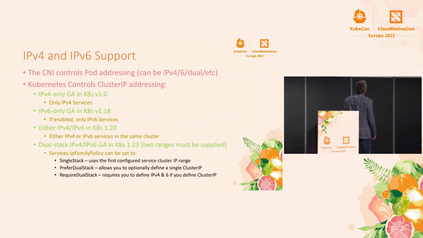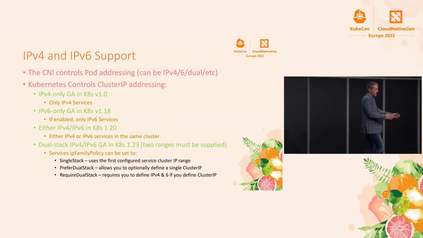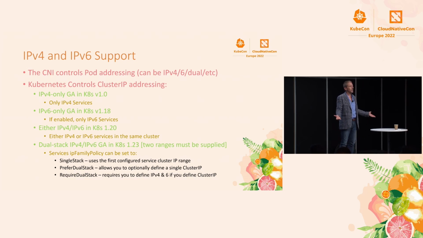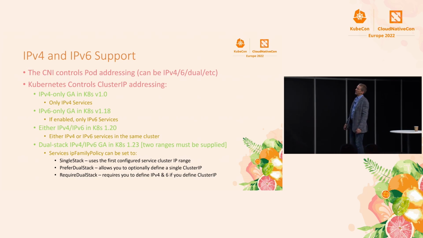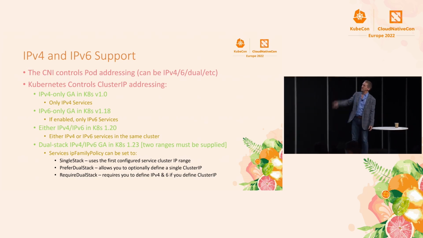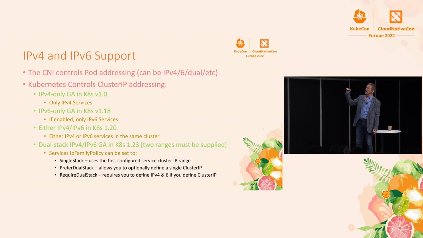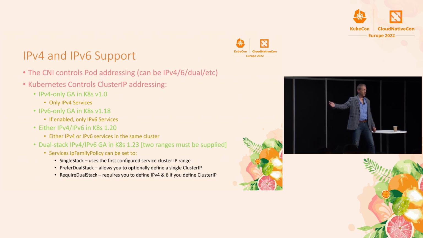And another interesting thing is the support for IPv4 and IPv6. We're doing everything in IPv4 for no reason. It's just what happens by default, right? This is the way things work by default. But out there on the internet, IPv6 continues to gain steam. A lot of companies, especially telcos, are IPv6 internally everywhere. And so there's a good momentum towards IPv6. In Kubernetes 1.0, it was IPv4. That was the end of the story. Next, IPv6 only went GA in 1.18, right? That was a long time later. And you had one or the other, right? No, not both. You could pick one, right?